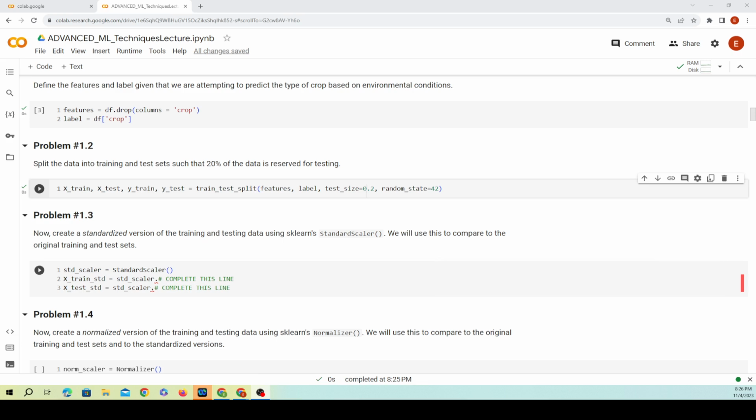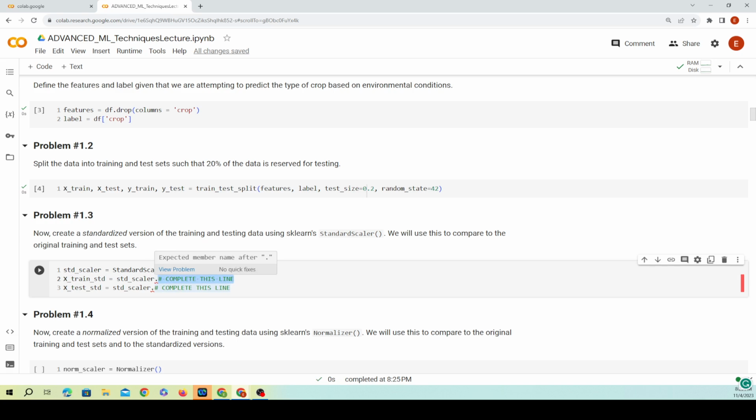So remember that standardizing means that we're going to take the data's values and make them within the range of -1 and 1. So we're going to standardize our data. We're going to create this object, StandardScaler, and we're going to apply this StandardScaler to fit the data